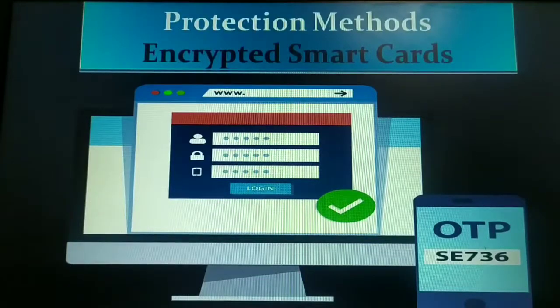After that you get a unique number, a token known as the OTP, that is one time password. Who is actually generating this one time password? It is nothing but the encrypted smart card. It is a small handheld device that will generate a token that your mobile, computer or laptop, through which you are making the online transaction, will recognize.